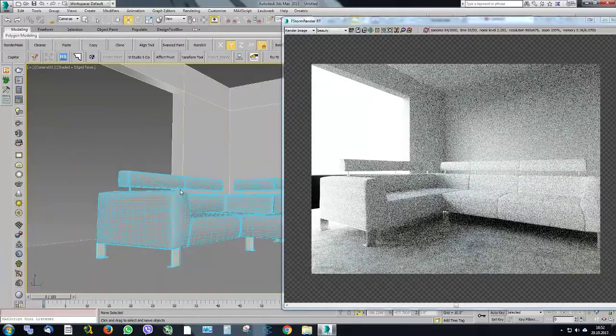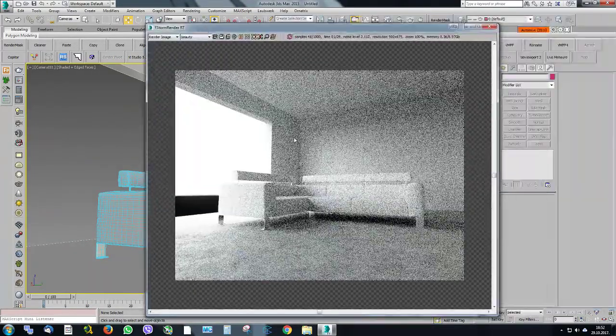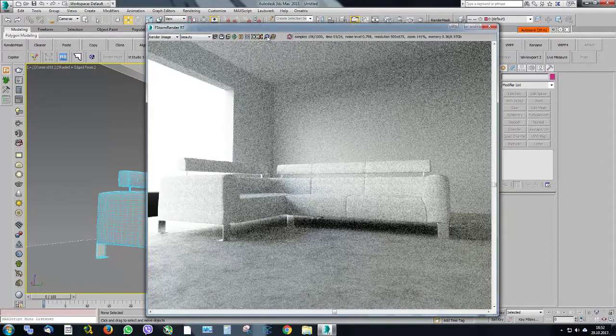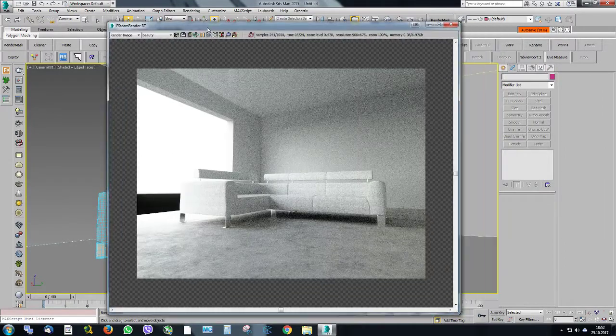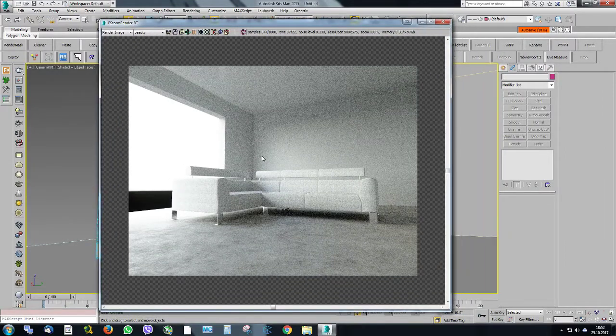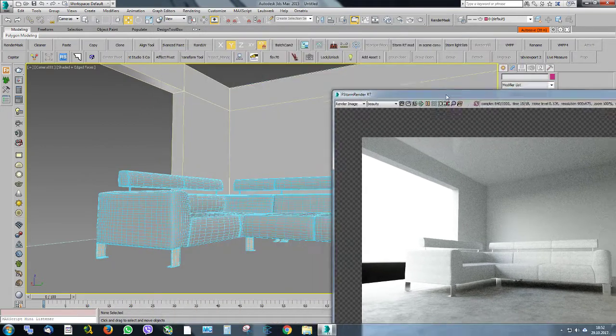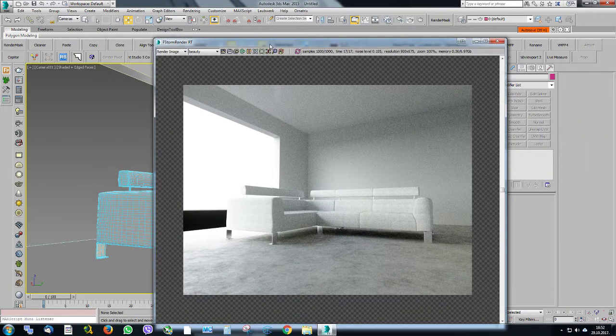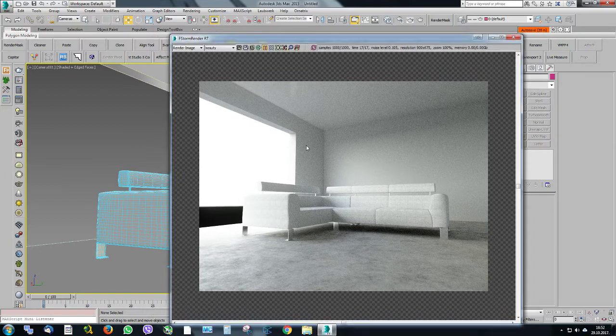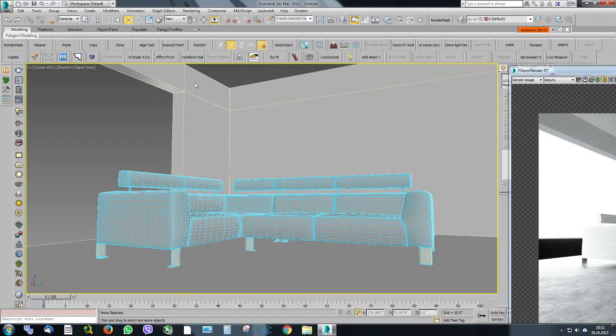Alright, let's go back to the camera and see how it looks. So I'm using the latest NVIDIA driver also, which I think is slower. It should have been faster, but doesn't seem to be. Alright, so let's pause this. Usually I just pause it right here, then I make some changes. So let's go in and change